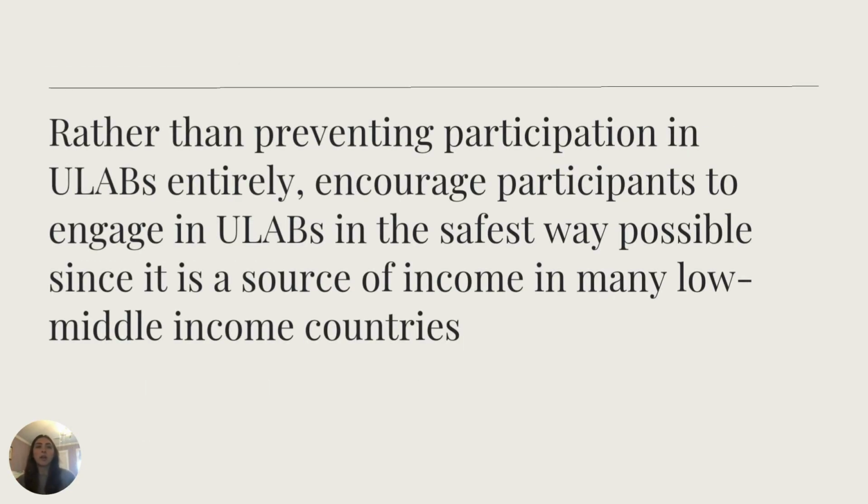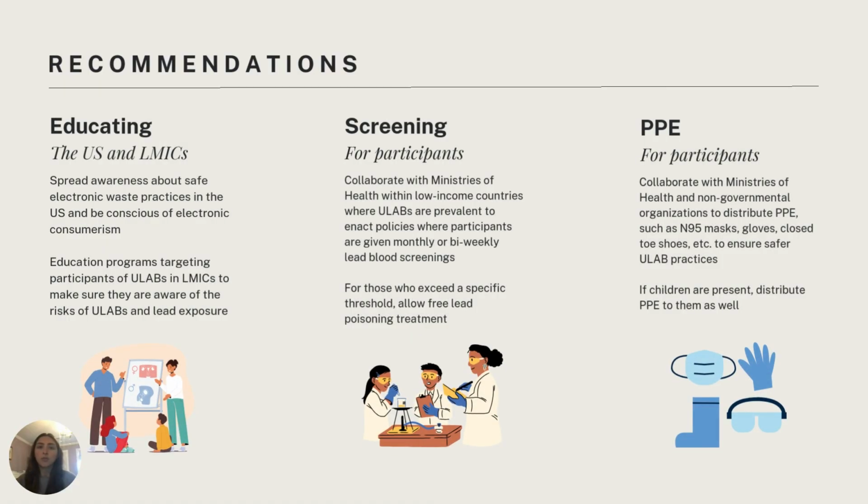So the main takeaway that I got from this was that, rather than preventing participation in ULABs entirely, it's to encourage participants to engage in ULABs in the safest way possible, since it is a source of income in many low middle income countries. So the final recommendations that the four of us came up with is educating both people in